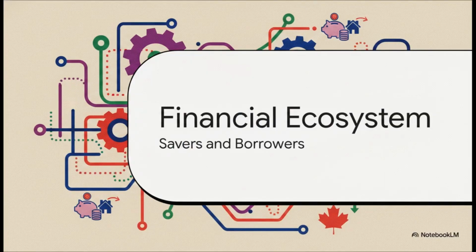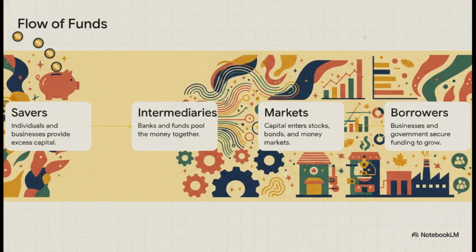The Canadian Financial Ecosystem, Connecting Savers and Borrowers. Okay, so how does this whole thing work? Well, this marketplace is quite literally the engine of the Canadian economy. If we trace the flow of funds mapped out in Figure 1, we can see the step-by-step journey of capital. Think of a local entrepreneur. Maybe they run an independent coffee roaster here in Canada, and they want to expand into a larger facility. Where does the money come from?